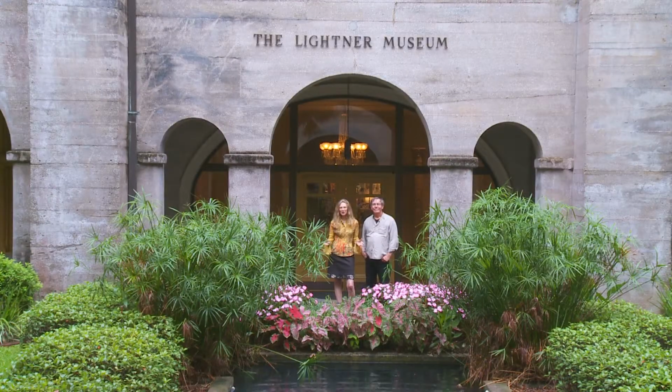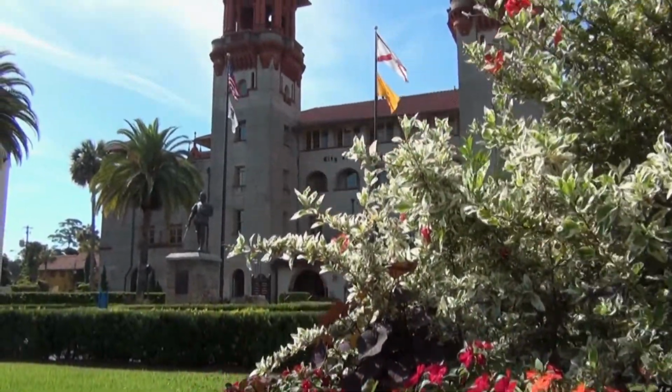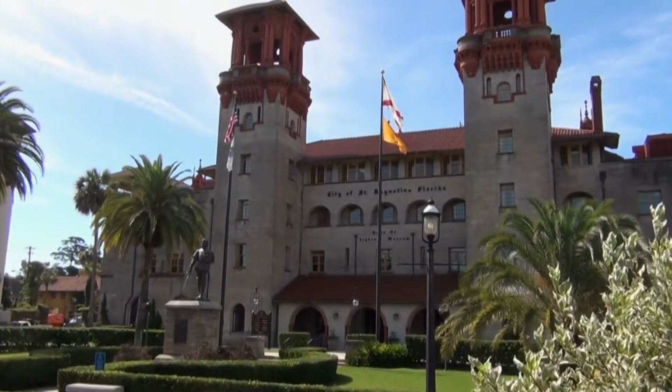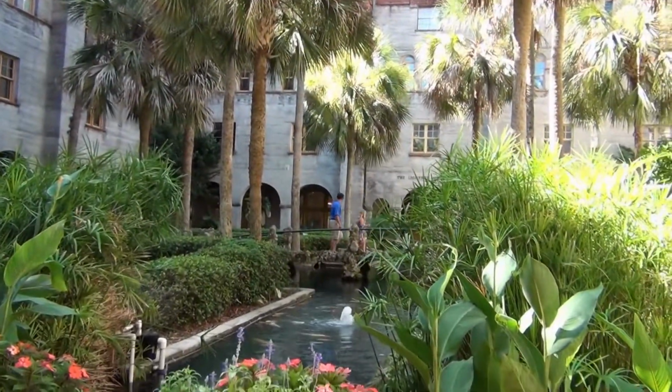Welcome to historic St. Augustine. This is the courtyard of the Lightner Museum, and it was originally built in 1887 as the Alcazar Hotel. It was very elegant and had resort-style service. But half a century later, in about 1946, it had to find a new life, and it became the Lightner